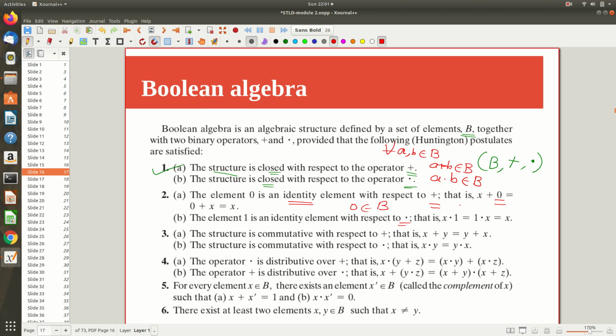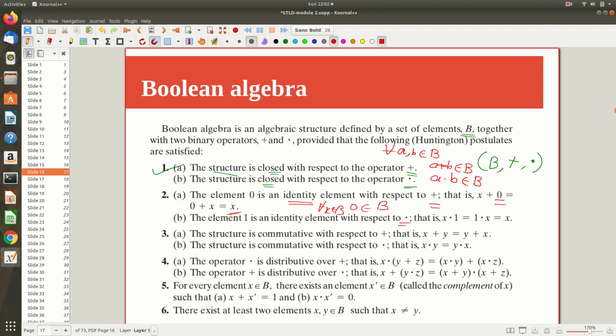So that is the requirement of identity, you know what an identity is. For all x that belongs to this capital B, any element of this set, that is our x, the operation, that is this plus operation, with this identity should give you that element. So that is the requirement for an identity element, right? Hope you remember. If anybody needs clarification on what identity is, all these properties we saw in the previous video, I mean part 2. So please watch it and come to this point. It will be clear to you.